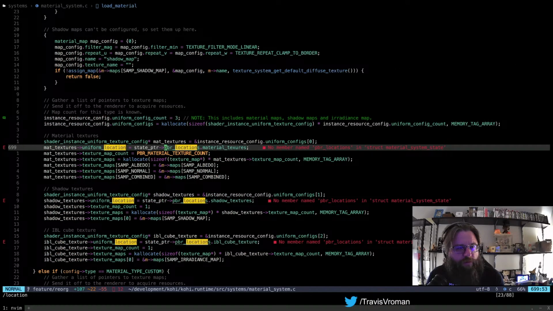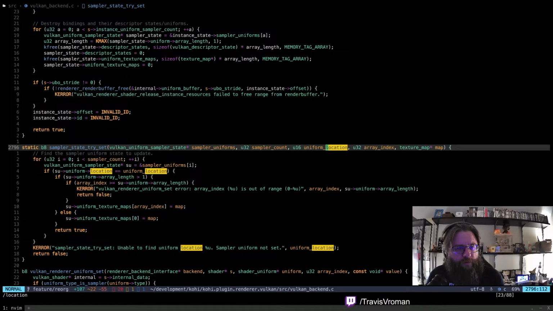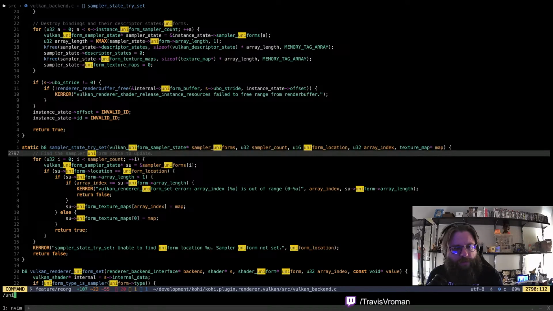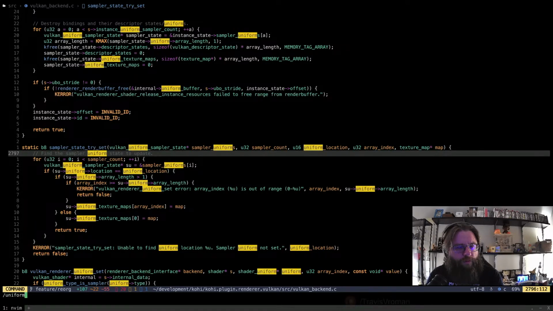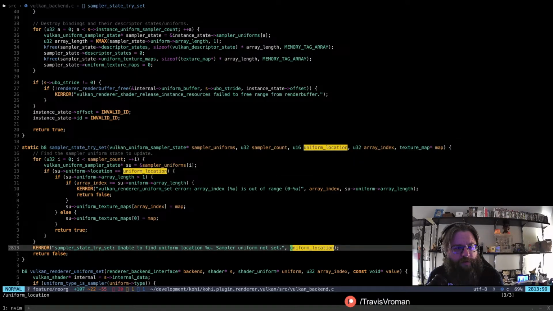Really? That texture's uniform location. So that's passed through there. That's the only thing that uses that.